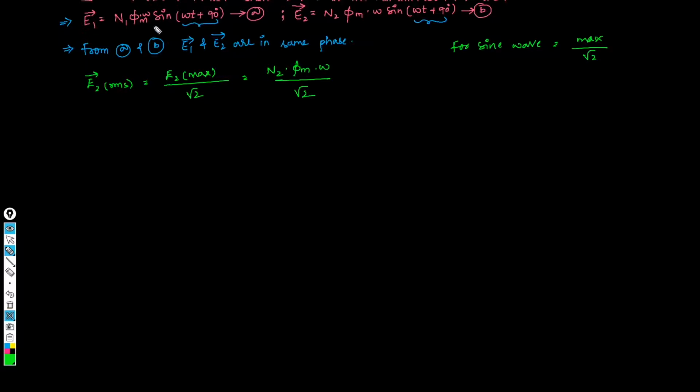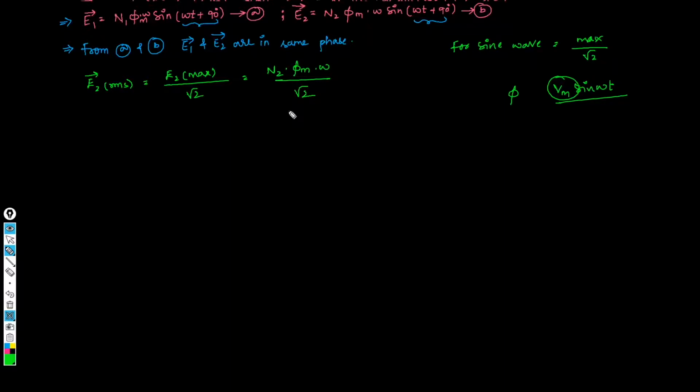Here you can see in general the sine wave representation would be like Vm sine omega t, if you consider any sinusoidal voltage. So this Vm is nothing but whatever the coefficients are there, that is the maximum value of that particular waveform. So here those coefficients are N2 phi m and omega when we consider E2. Similarly